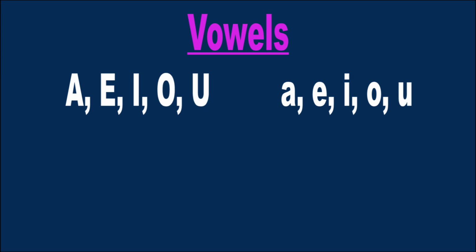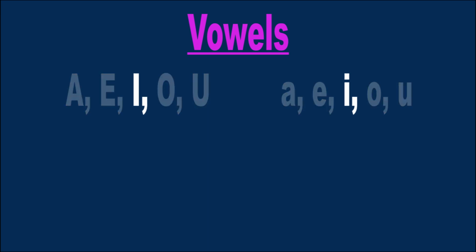Okay. Now let us talk about I vowel sound two-letter words. First one is I and N, in. The sound of this two-letter word is 'in'. In. The next is